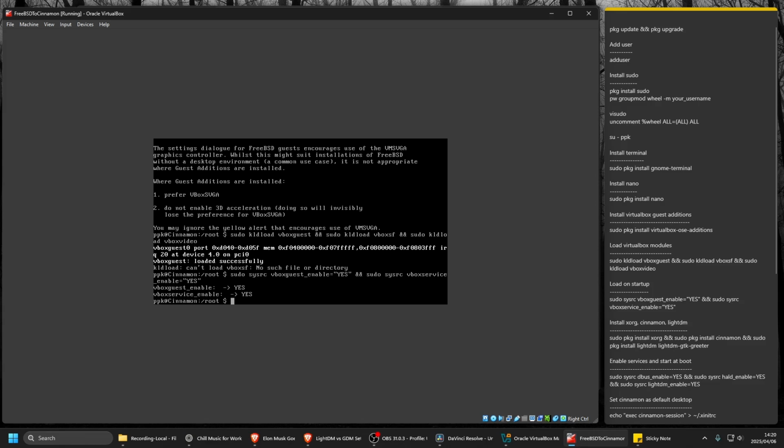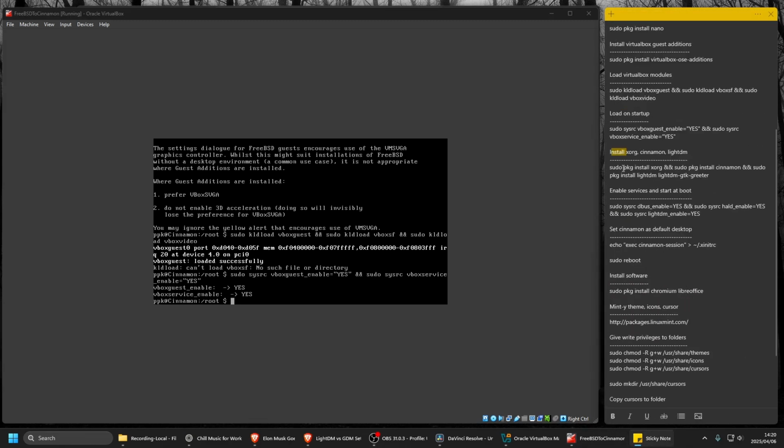Right. So install. Okay, now we're going to install the actual graphics, the Cinnamon desktop in Xorg. Oh man, do I have to type this? So sudo pkg install xorg and sudo pkg install cinnamon